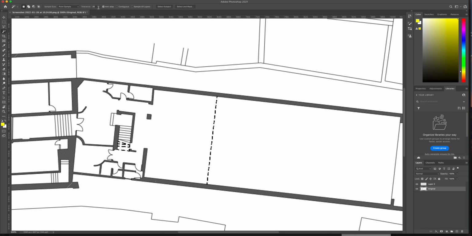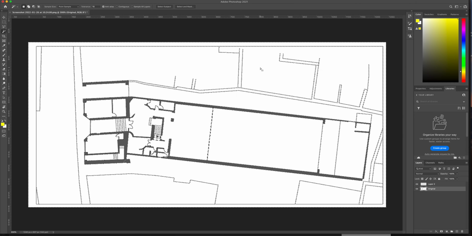I'm going to deselect, change the tolerance. The tolerance was 20. I want to change it to 10 and I'm going to do the same thing. I think that is not selecting. It's got some gaps. Let me try again. That's even worse. Try 2. Okay, I'm going to try and select. Oh, my drawing is just not a very high resolution. So I'll go back to 10. Select the white. I'm going to zoom out. And then